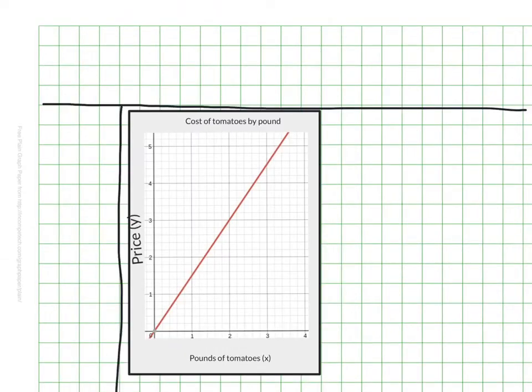So this graph shows the cost of tomatoes by pound. I have the number of pounds of tomatoes going along the x-axis, I should label that, and the price, of course, going up the y. And once again, I know this is proportional. It's a nice straight line, and it's going through the origin, so that part I know. The question now is if we can find our K value, our unit rate, so that we can write an